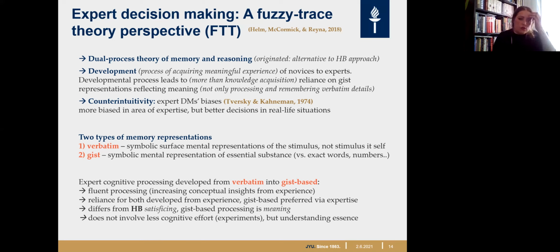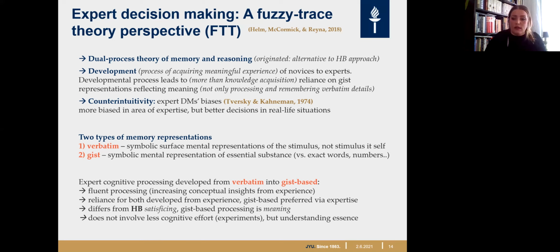And talking about gist, we might think that it doesn't involve heavy cognitive effort, that it's intuitive all the way through, but it involves cognitive effort, but it focuses on understanding the essence,